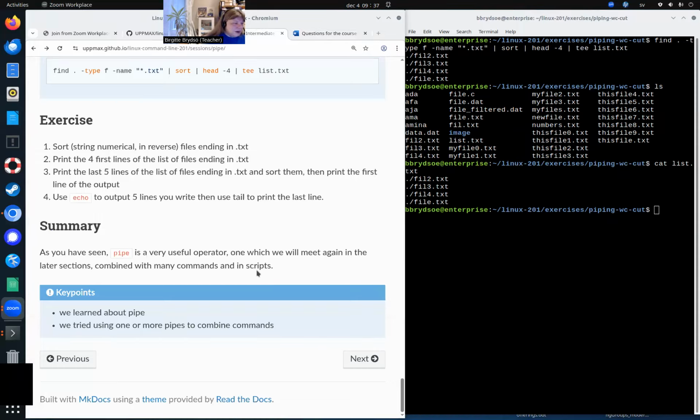So you have seen pipe is a very useful operator, and that's actually one of the operators I'm using most when I'm working on the command line. And you will meet it again in later sections, so it's very important to be able to use that well. And it will be combined with many commands, and you will also see it in scripts, and it will be common everywhere. So let's go